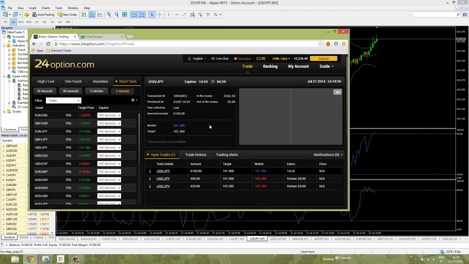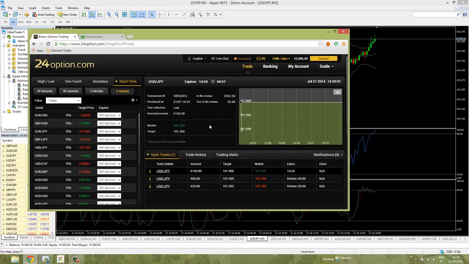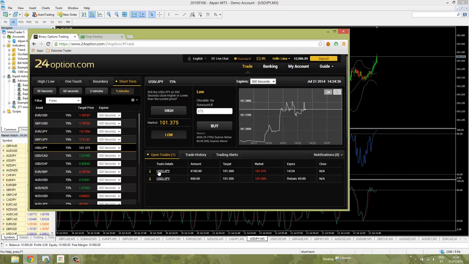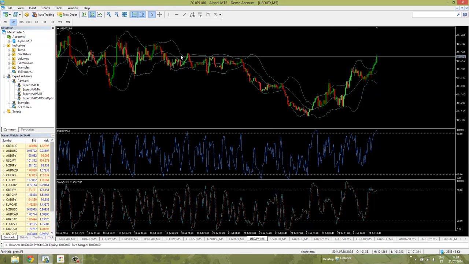Okay, and I've entered a trade for 5 minutes. So we will see how this goes. Okay, so now as we see that this one is also out of the money at the moment. Now I've got an option. I either leave it and cut my losses, or I double up another time, as my double up limit is